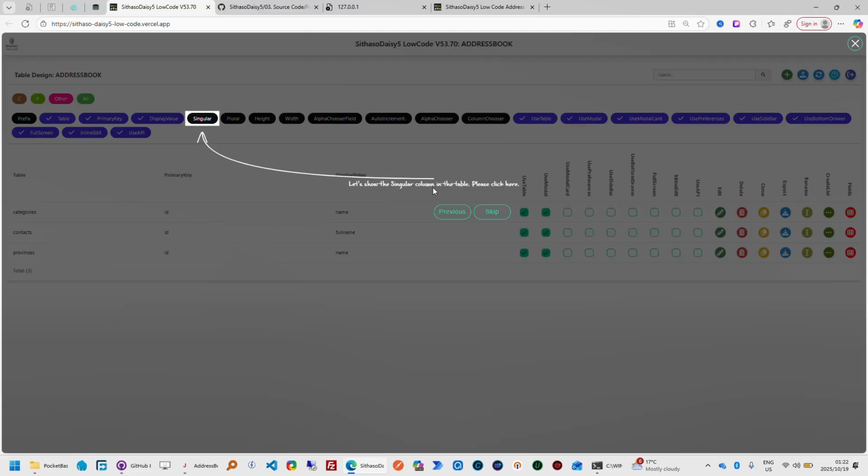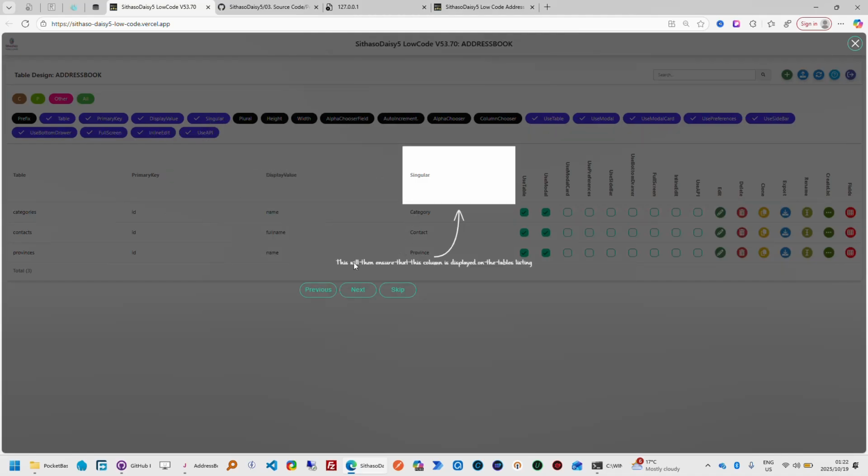Let's show the singular column in the table. Please click here. Let's click there, the singular column. This will then ensure that this column is displayed on the table listing. Remember that column was hidden. Now because we clicked it and it has a check mark, it's shown. So next,